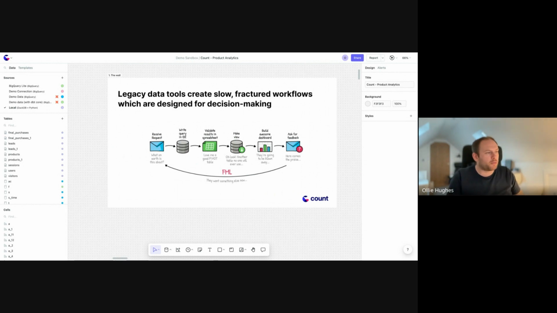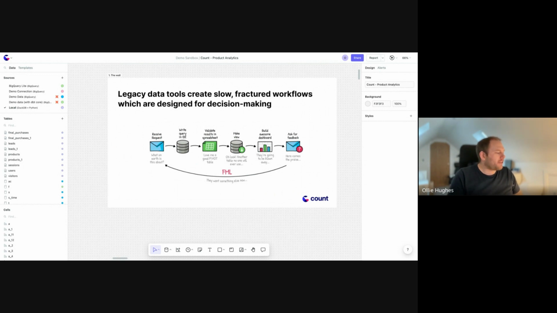It usually involves multiple tools. It involves a lot of rework as people try to understand and clarify and gain conviction with an analyst to help understand what's going on. So it may involve writing queries in a SQL IDE, maybe putting things into a spreadsheet, maybe building some BI tool. But ultimately, that feedback loop is very painful.